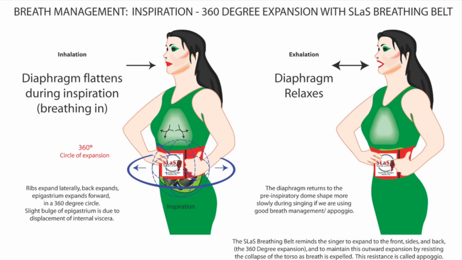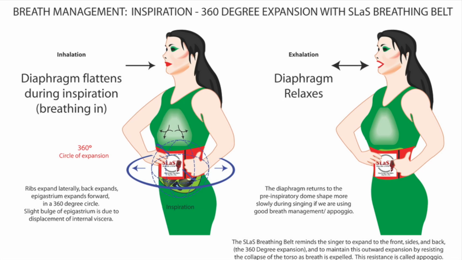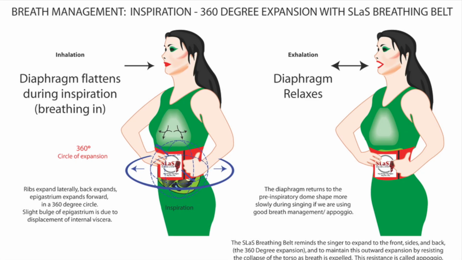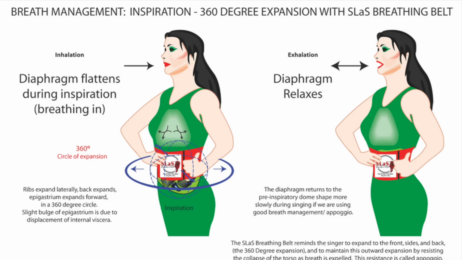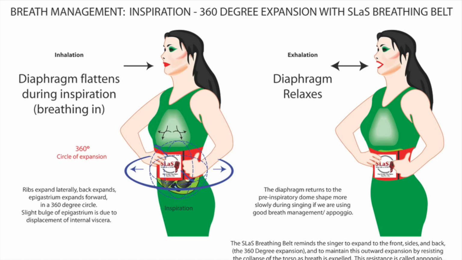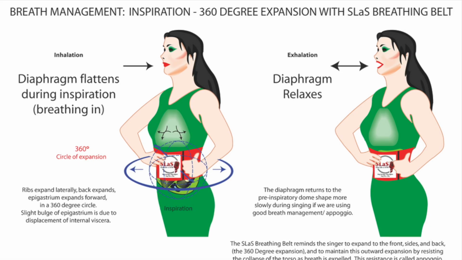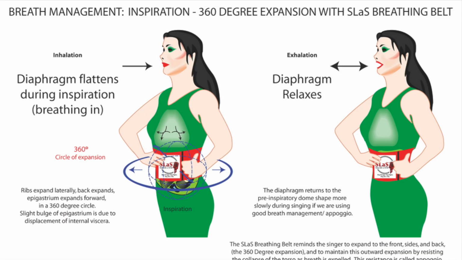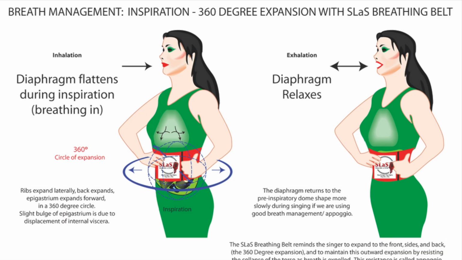The Appoggio wake-up routine is a great way to feel our connection to the power of the body's natural support. To feel this natural support, place 3 fingers on each side under your front ribs and notice the slight engagement of the lateral oblique muscles as you say, ch, ch, ch, ch, ch, ch. Try it again.